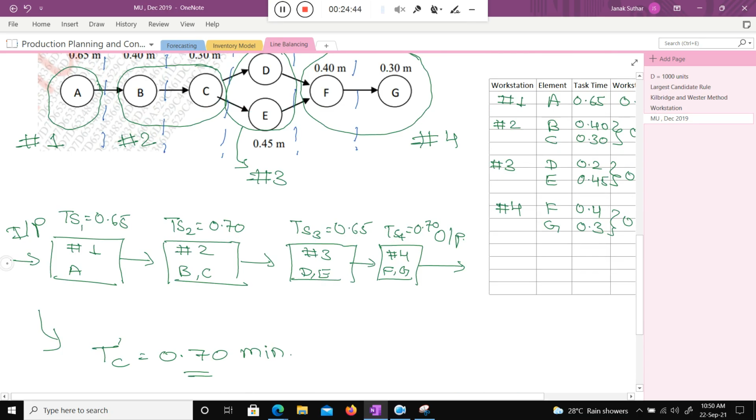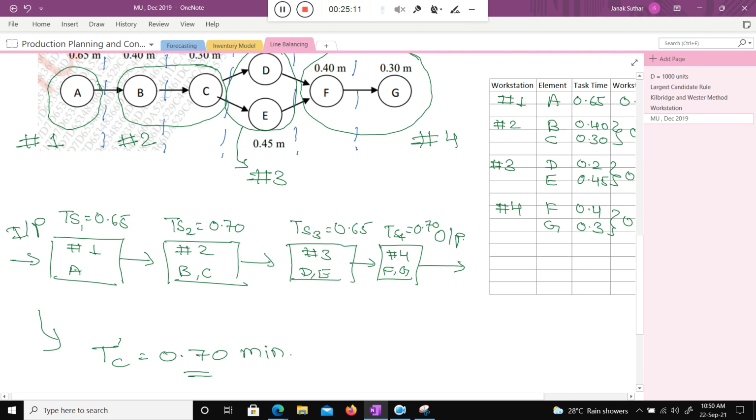If I pass my input, every 0.70 seconds I will get the output; that is the cycle time. No, no, no, it is not the average time. It is the maximum time of the workstation. You need to check where the maximum is. The maximum is 0.7 in the workstations.